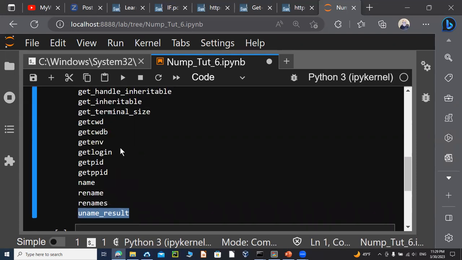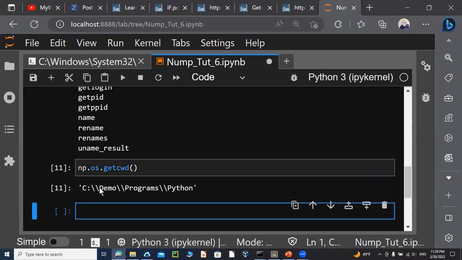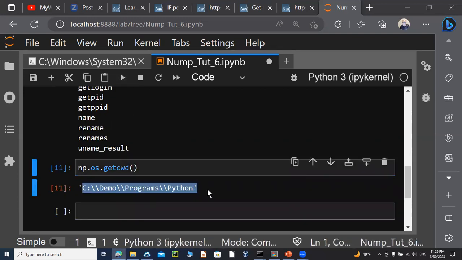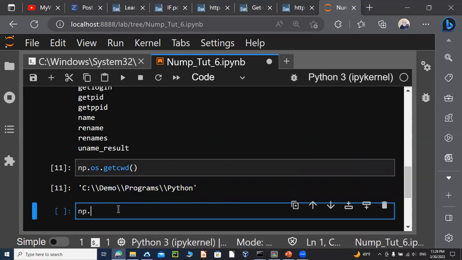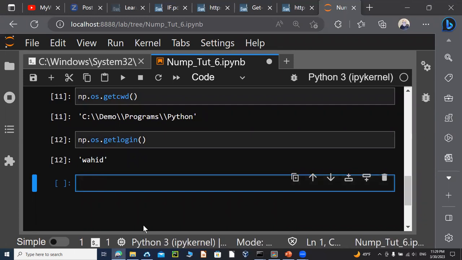So you could do, for example, np.os.get current working directory. This one is going to print the current working directory, which is where I started my Jupyter notebook. And then if I just do np.os.get login, that would give me the login, which is Wahid as the user ID. And this one is similar to running the